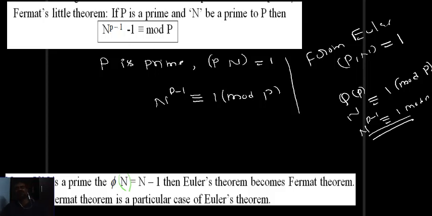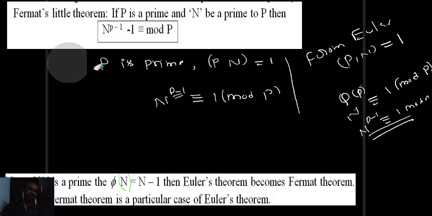Observe. What is the meaning of that? Fermat's Little theorem is one of the particular cases of Euler theorem. What is the particular case? P is a prime number. That's all. In general, Euler theorem requires P and N to be co-prime. P need not be a prime number to apply the Euler theorem. But if P is particularly a prime number, then instead of phi of P, directly you can write P minus 1. Now this theorem becomes Fermat's Little theorem.